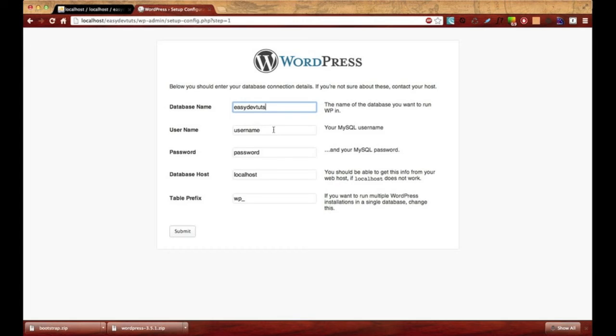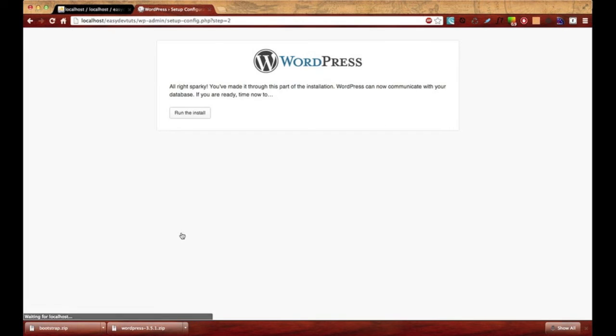And for username, this is going to be the username that you use to access your database. I'm just going to keep mine at root because that's what I use for testing and tutorials, and the password is also root. Database localhost, table prefix, we can go ahead and leave that wp_, and we're going to hit submit. Okay, if you see this message, that means it's successful and you connected to the database. So go ahead and click run the install,